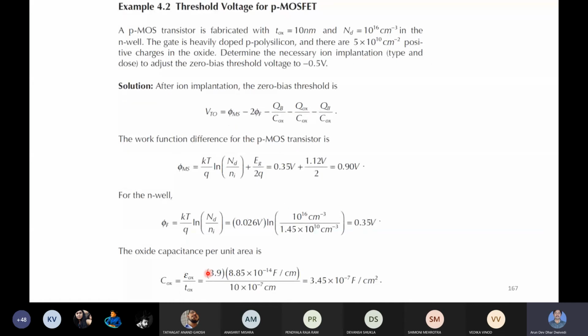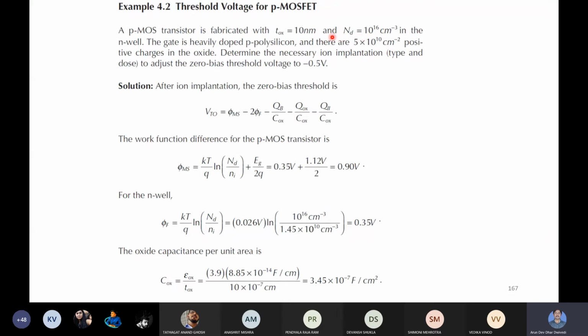Then why it was wrong? Yes, this is the second example. There was some wrong slide coming, some issue. Now we can clearly understand here. Instead of Na, here Nd will come because it is a P-type MOSFET. So Nd is there. A P MOSFET transistor is fabricated with tox equal to 10 nanometer, and Nd is